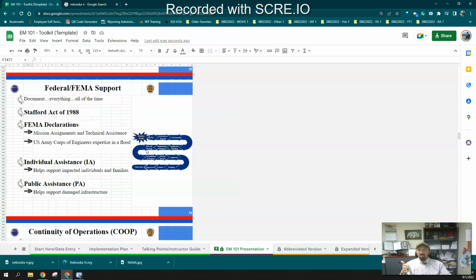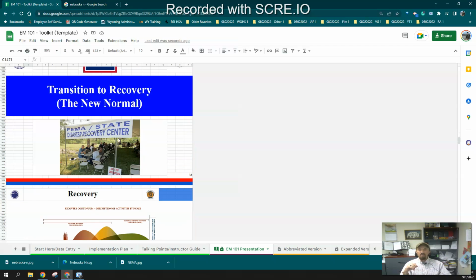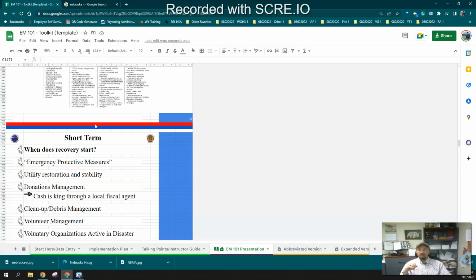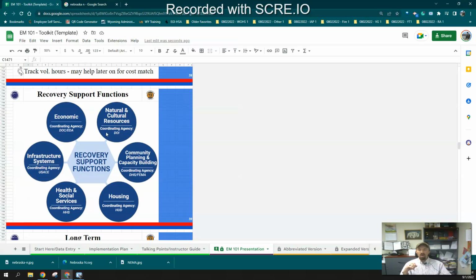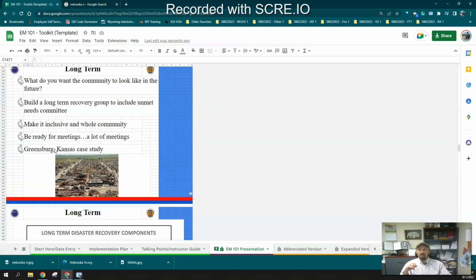Those myths of FEMA will buy me a new house, Red Cross will build me a new house, etc. This is a good place where you can kind of dive into what the real expectations are. A little bit of COOP, and then we get into some recovery stuff. Stay fairly high level with some of the recovery graphics from FEMA and partners, talk a bit about short term, the RSFs, and then as we get into that long term, with a little bit of a brief case study